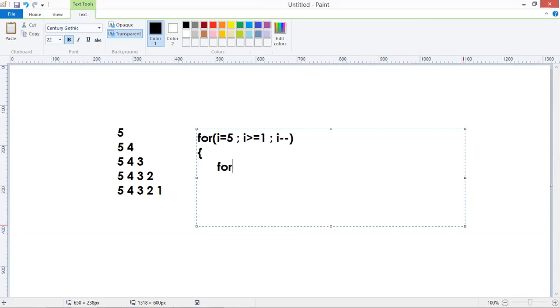So based on that, the J value always starts with a 5. Up to J is greater than or equal to I. J minus minus, because that is also decreasing order only.